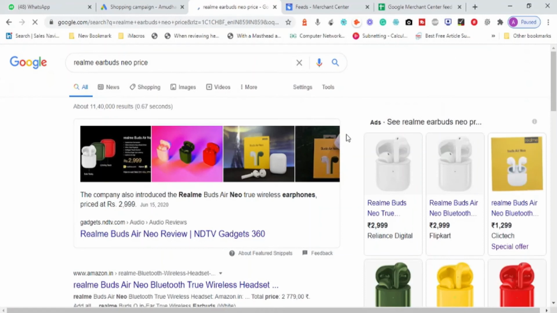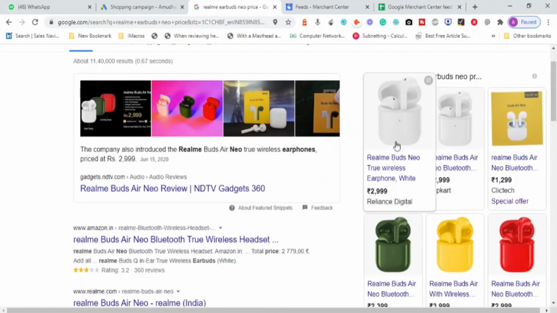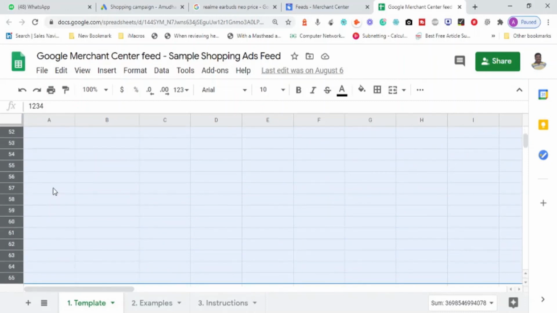Like this, can you see? People have created the image URL here, given the title, the price, and the brand name, and all these metrics are given inside this sheet in a single row. Each row talks about each product. When we have 1,000 products here, Google will start showing your advertisement for all 1,000 products when people search. The real activity of creating the content and adding the information is under the Google Merchant Center feed. This is one option.